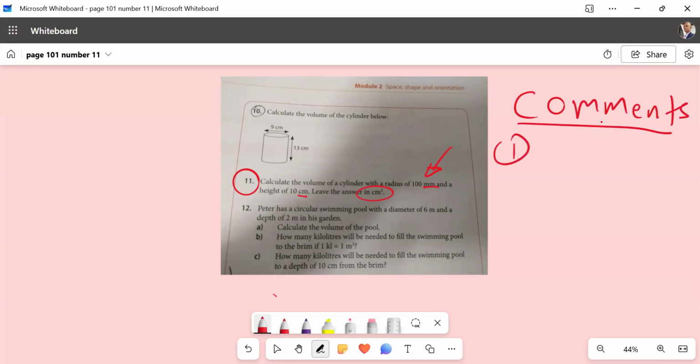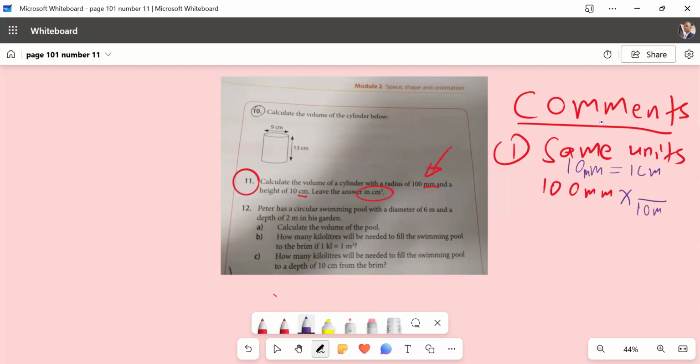Here I'm going to have our comments. In this problem, make sure that we have all units being the same. And then it is here where I'm going to change the 100 millimeter into centimeters. But I need to remember that 10 millimeter is the same as 1 centimeter. Then here I'm going to multiply, and then at the bottom I'm going to put